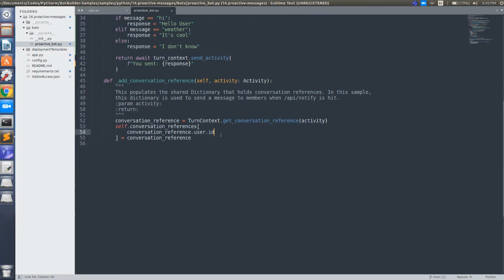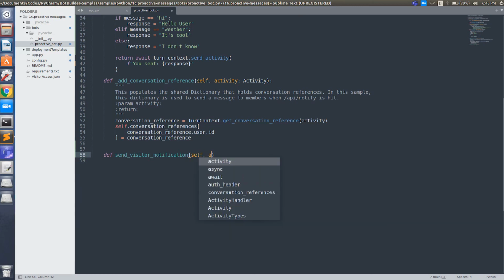Come here, button, send a notification itself, and Azure user ID. Let's do a pass. We need to do a couple of things, so let's do them first.